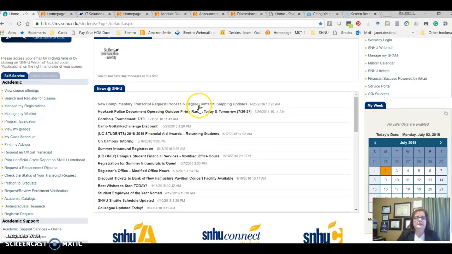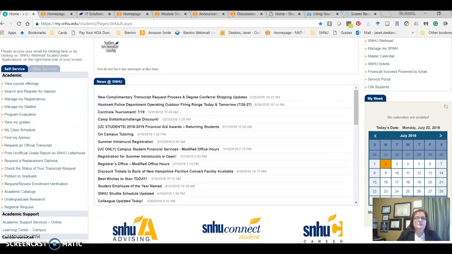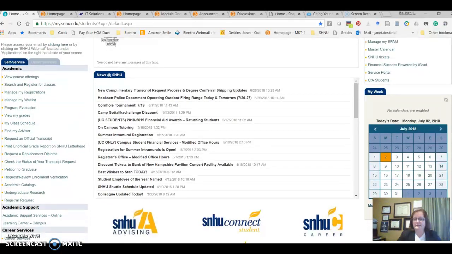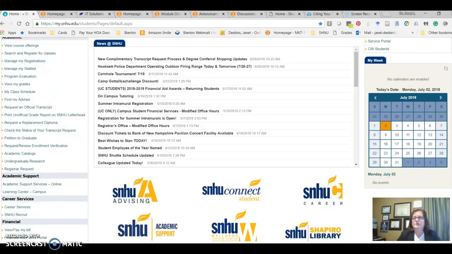There's a newsfeed in the center here if you want to read what's going on at the campus, because I know many of us are not located where the university is, but you might want to feel a little bit more connected, because being online you can feel a disconnect, and so this information is helpful. There's a bookstore, there's all kinds of things, you can buy your SNHU t-shirts, and I just encourage you to please check around. There's also a calendar over here.